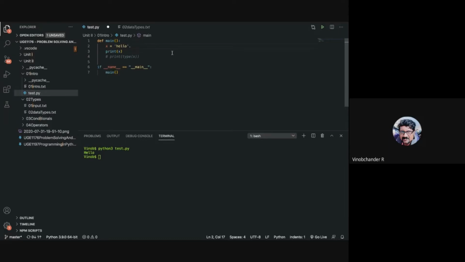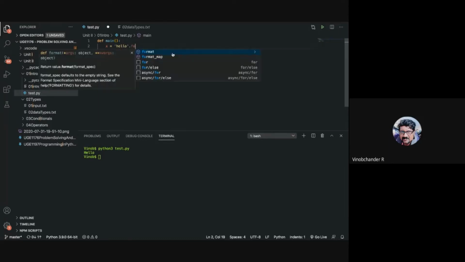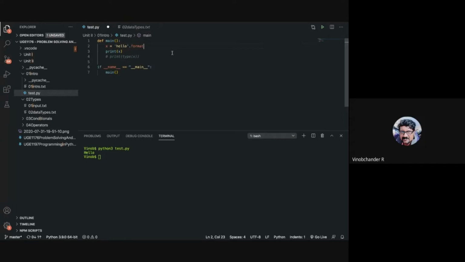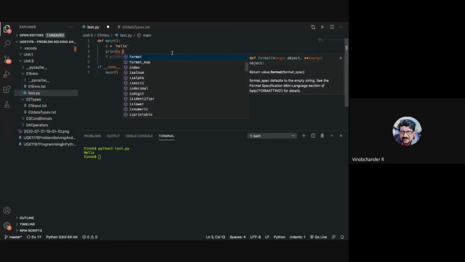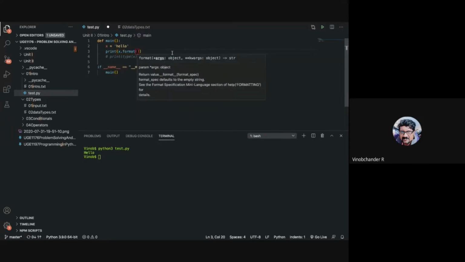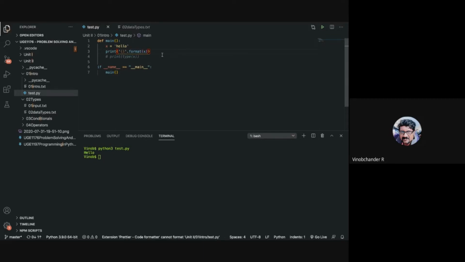I would like to show you another method in the string class which is called format. So you can make use of format here, or let me, for a change, make use of format here. I can say x dot format, and then I can have this. Okay, so this is the idea of using the format method in a string.